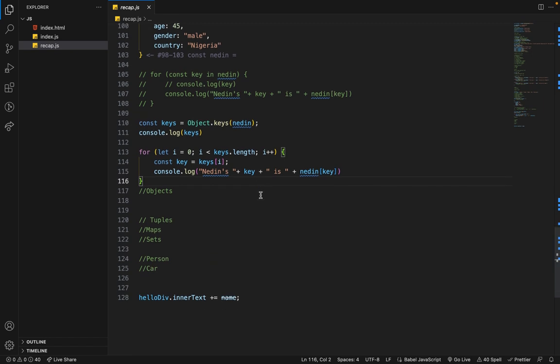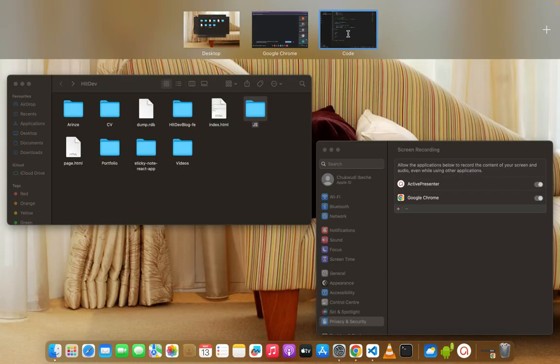Okay, so today we'll be looking at functions, right? We'll look at functions, we'll look at classes, and then we move over to DOM manipulation. Then after that, we can start building real things, right? So